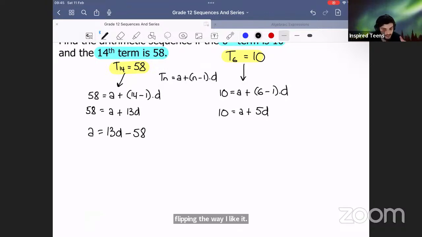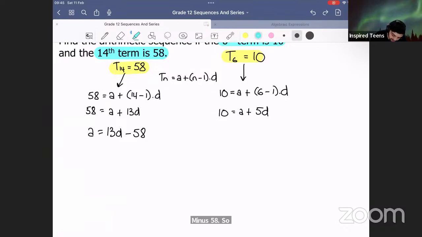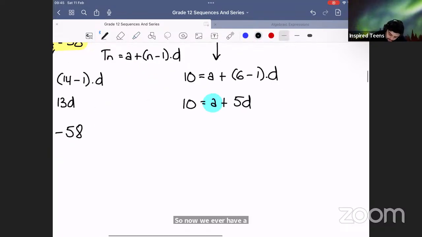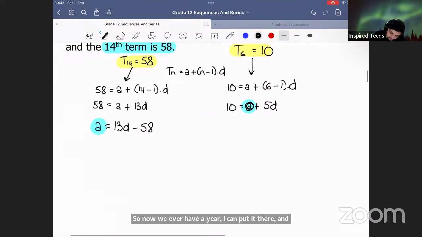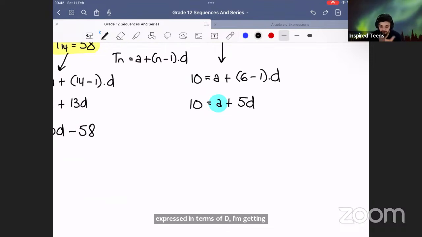Okay, so when we isolate A in that case, we get 13D minus 58. So now I have A expressed in terms of D. So now wherever I have A here, I can put it there. And because I am substituting A with something expressed in terms of D, I'm getting rid of the double variable, and I'm just going to be left with D. So now I have 10 is equal to